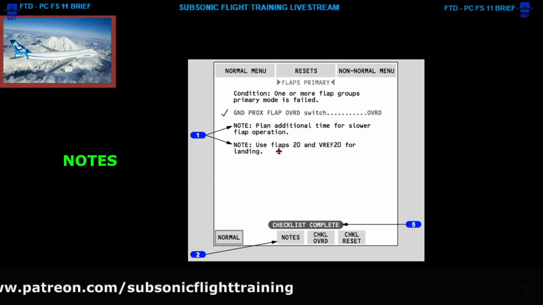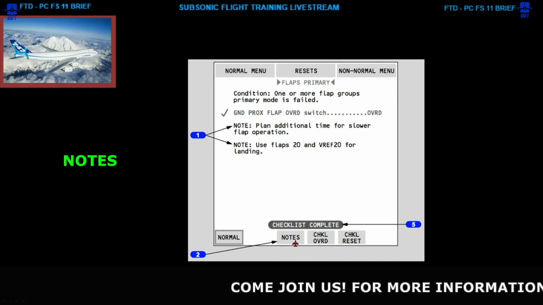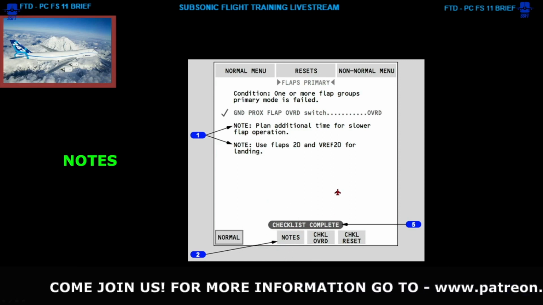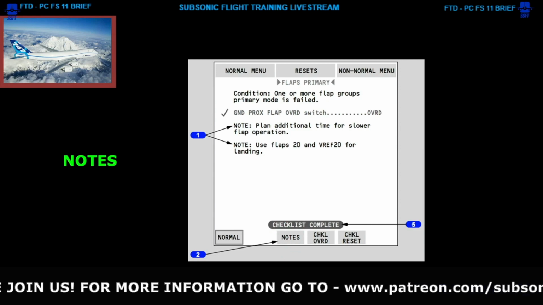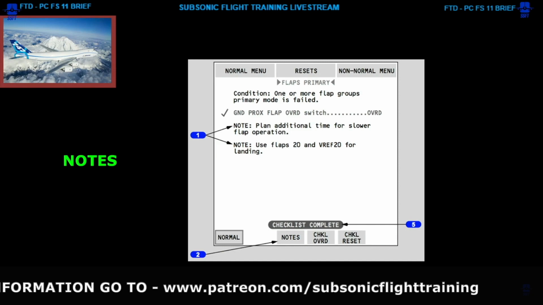Well, these are the notes, and they're going to stay even though I've completed the checklist. You'll notice that a notes box will appear down here, because there are notes that we may have to review prior to landing, and these stay here. And then one of the checklist items on the descent checklist is to check notes, so we would check notes that could be applicable for landing, and then review those notes again. A checklist incomplete norm can come for